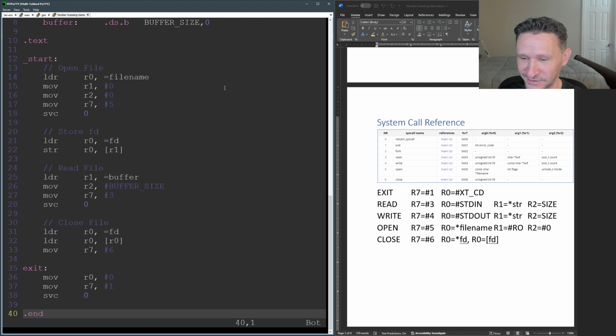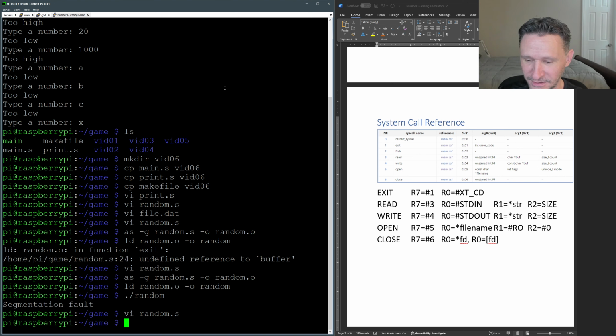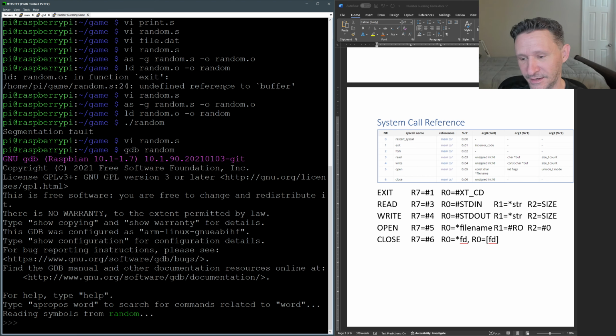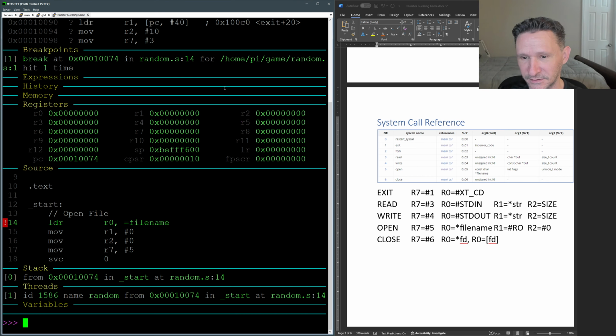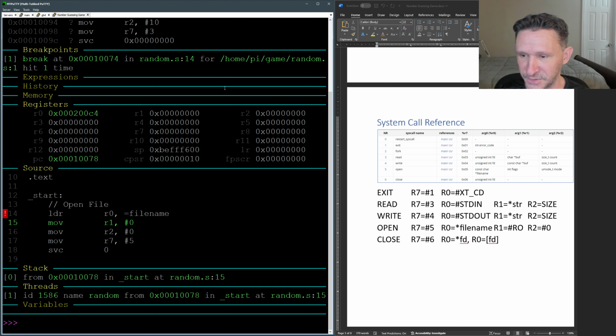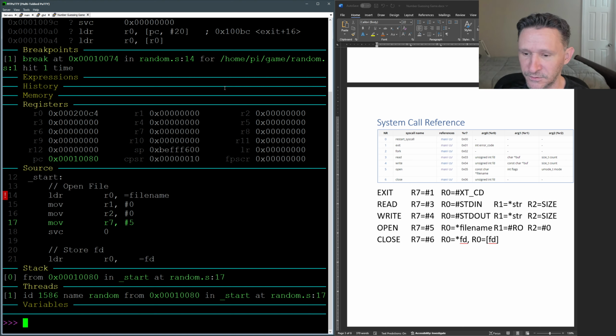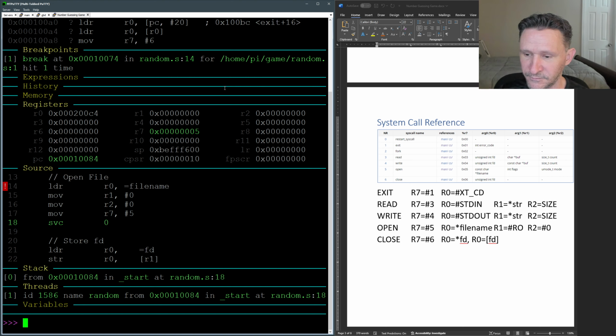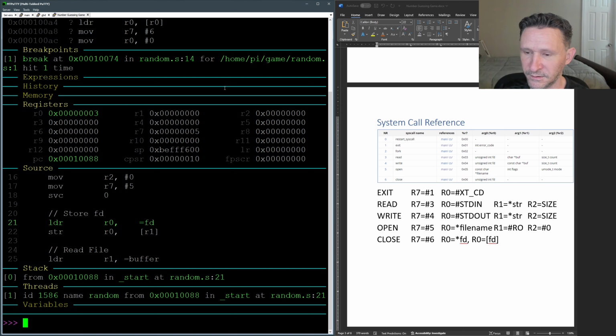Okay, so somewhere we're doing something clearly wrong, but let's look at it in the debugger. GDB random, and let's just set a breakpoint at 1 and just run it and step through. Okay, so R0 should contain the memory address of file name, and I'm assuming that's correct. And then we're going to load 0 into R1, 0 into R2, 5 into R7, and then we're going to make the service call, supervisor call, and R0 came back with the file descriptor number that was available, the first one that was available,